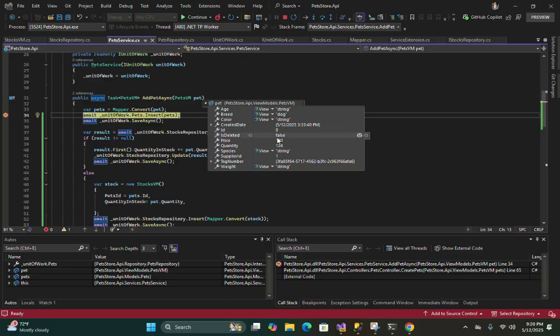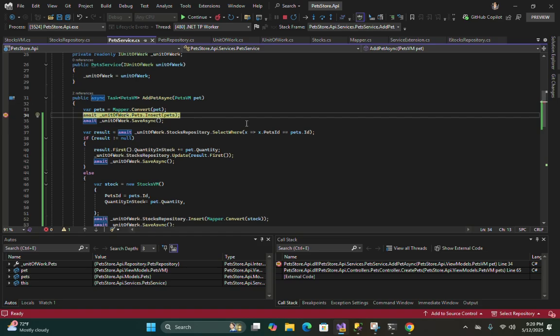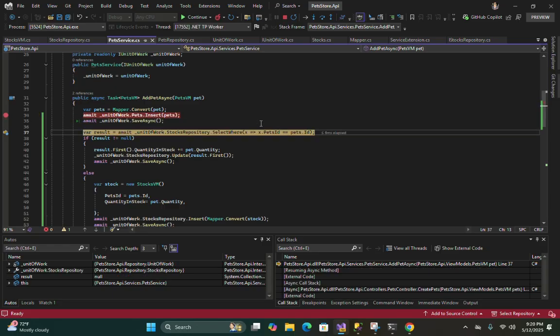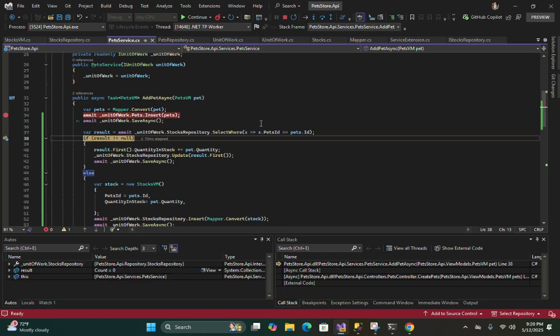Let's see, we get the ID 0 and all other the data right there. Okay, let's hit the F10 and let's go here if we get the result or not. Obviously we don't find any result.